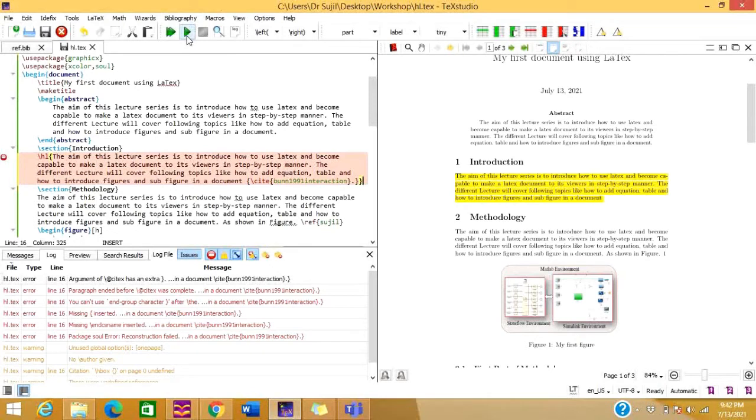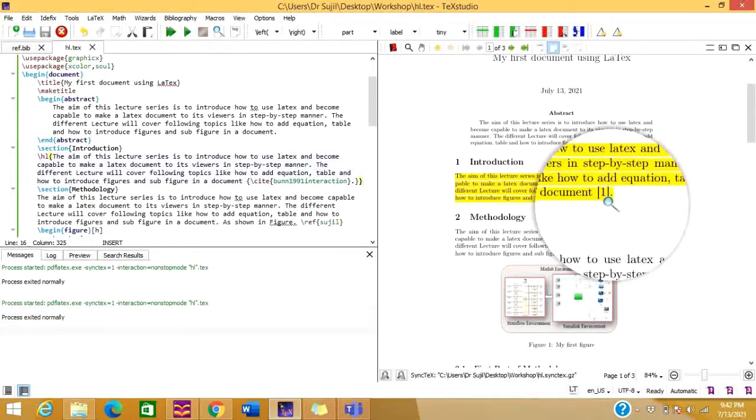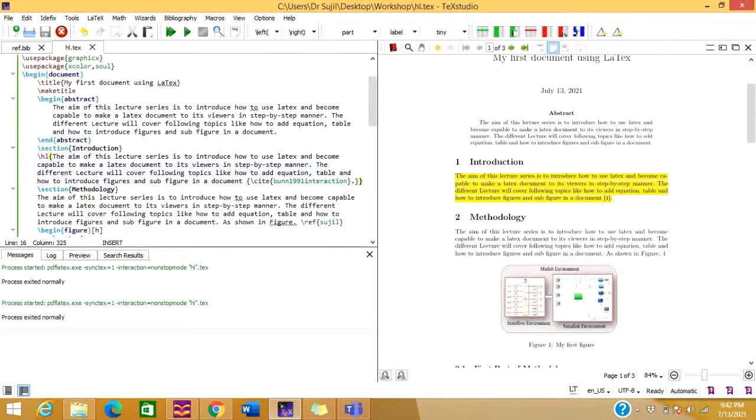Now let us run this code again and see what is going to appear in this document. Now you can see that the issue has been resolved. So this is the first case that we are going to face while using the HL.